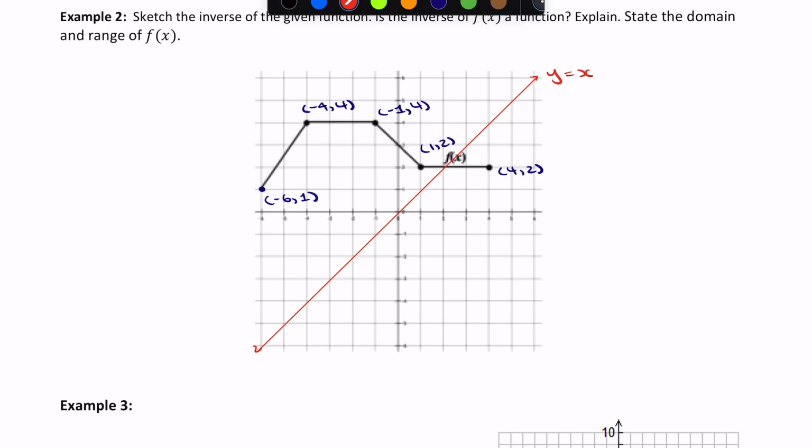So -6 and 1 now will be 1 and -6. -4 and 4 will now be 4 and -4. -1 and 4 will be 4 and -1. And then 1 and 2 will now be 2 and 1. And 4 and 2 will now be 2 and 4. So if we connect these dots together,